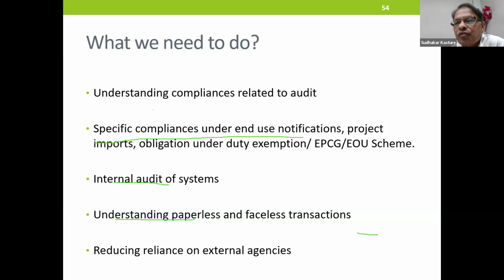You must have discussions with them, maybe once in a month. What are the changes that are happening? If you come across a change, you inform them that this is a change. Are we aware of this? Normally, people do this post budget for 2-3 days, limited to very few questions. The questions are normally limited to what is the change in income tax, what is the change in customs duties, what is the change in GST. Beyond that, we don't ask questions. No, there are legal changes as well, procedural changes as well. They have to be understood.